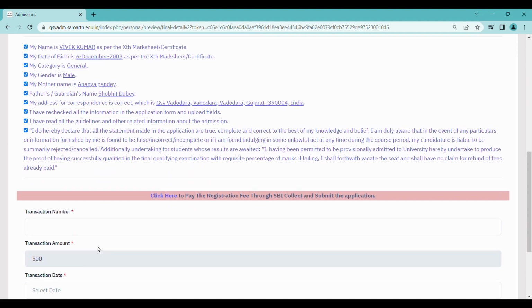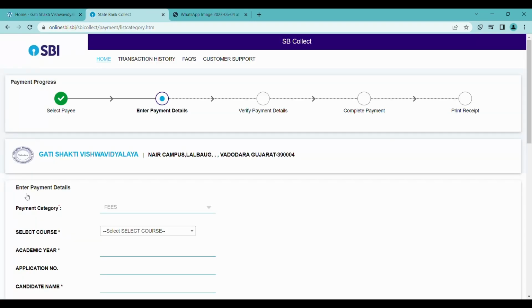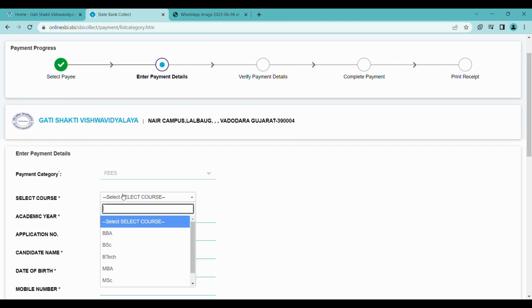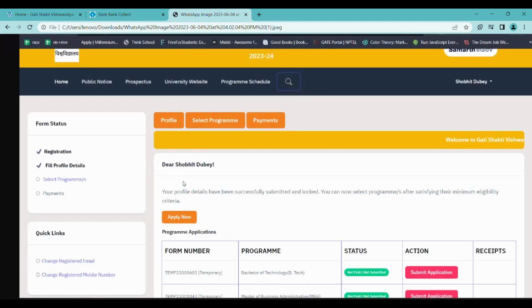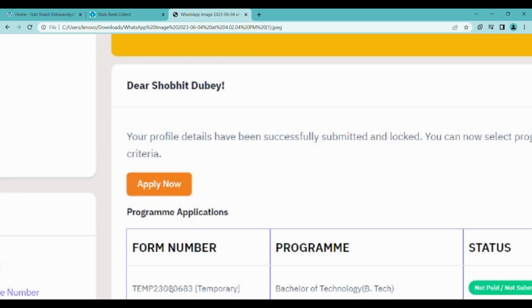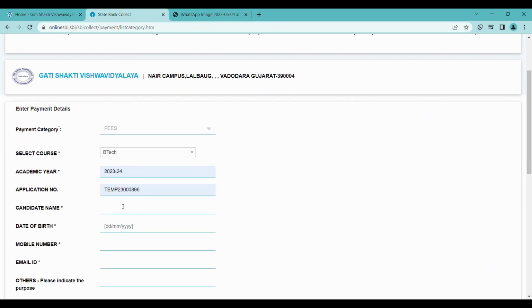Now moving ahead with the payment section. You will see click here. So click here. Now you will be redirected to the SBI Collect page for the fee payment. Here you will select your course as BTech or MBA. Enter your academic year. Enter the temporary form number which is assigned to you. You can find it on the home page of your application form under the section form number. Thereafter enter your name, your date of birth,